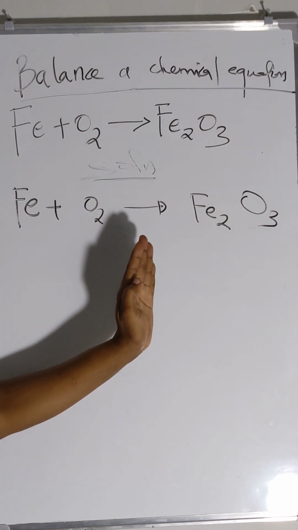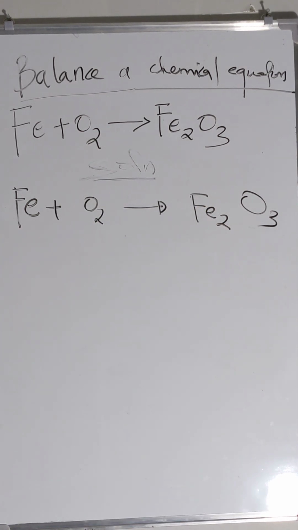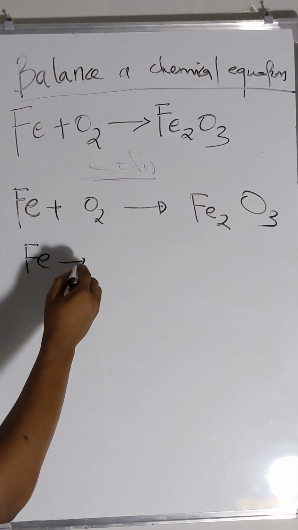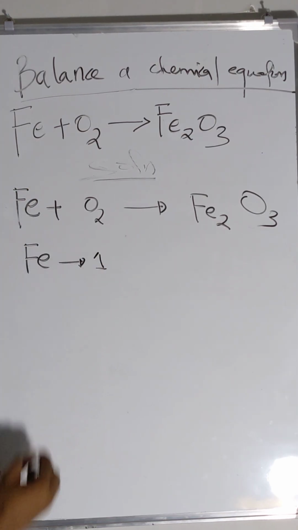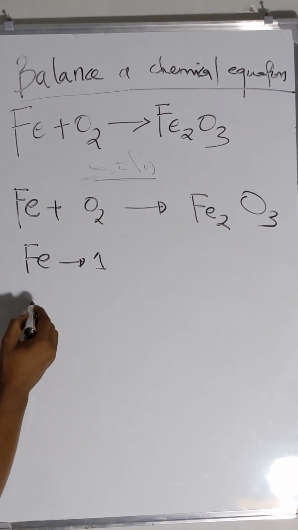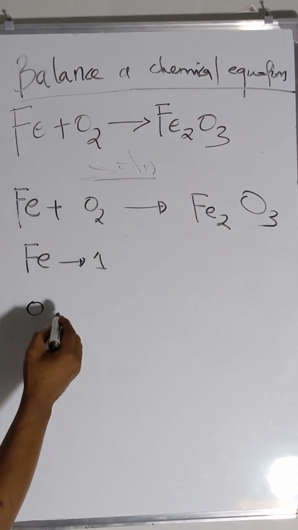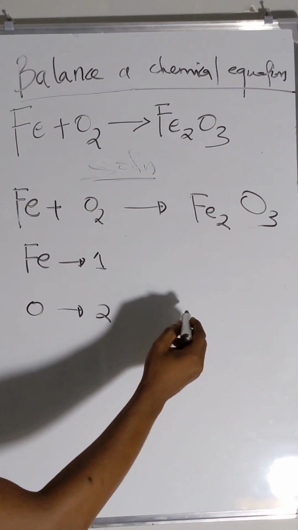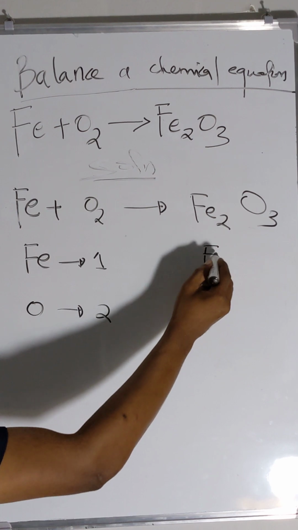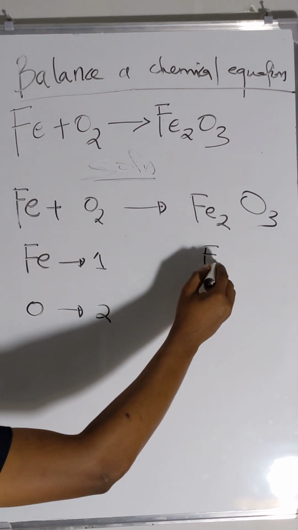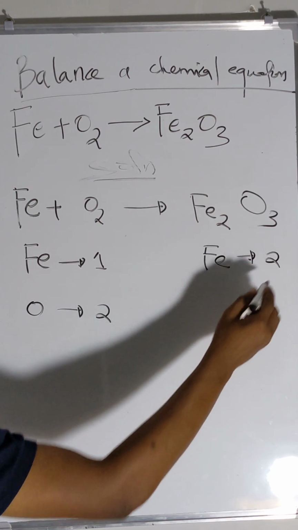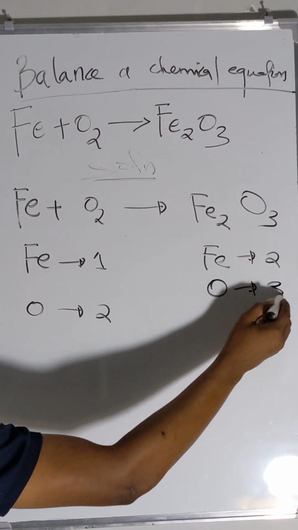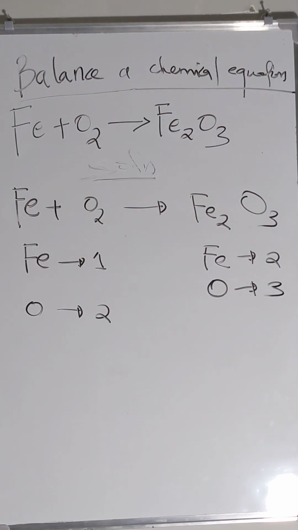equal to the number of atoms for a specific element on the right side. Therefore, if we list down the atoms for iron, we only have 1 iron on the left side, but for oxygen on the left side, we have 2 atoms. On the right side, we have 2 irons. How about oxygen? We have 3 oxygens on the right side. Therefore,